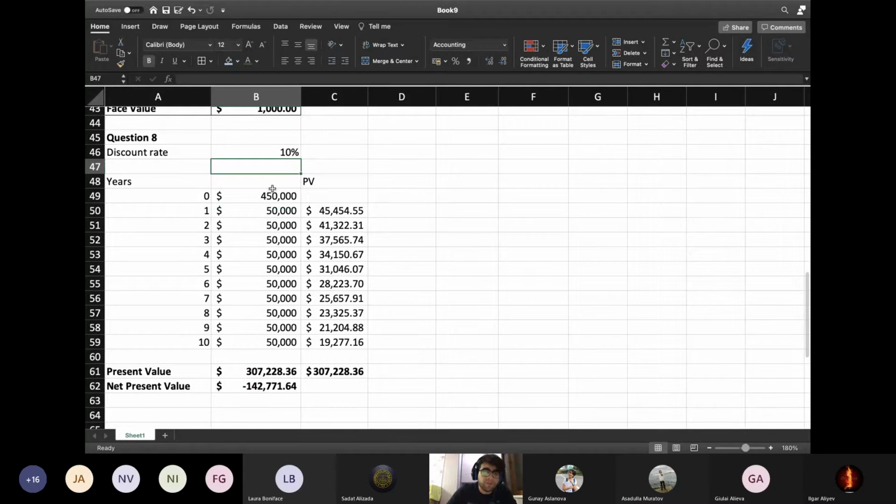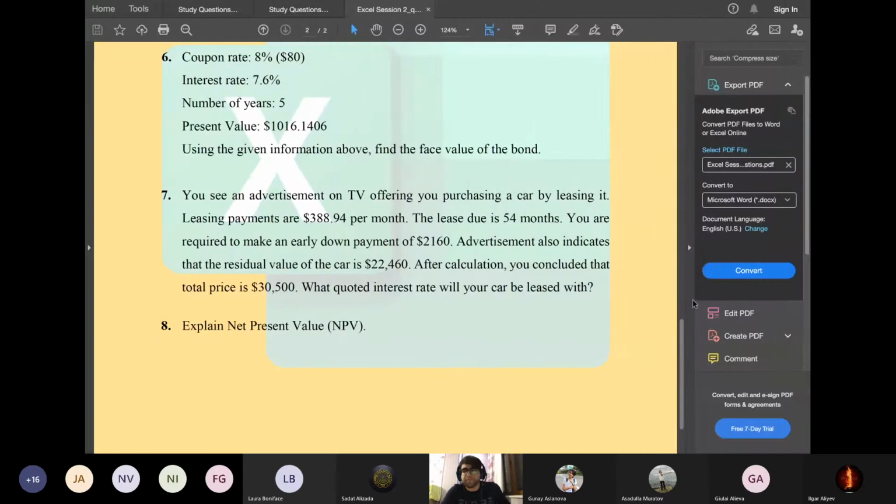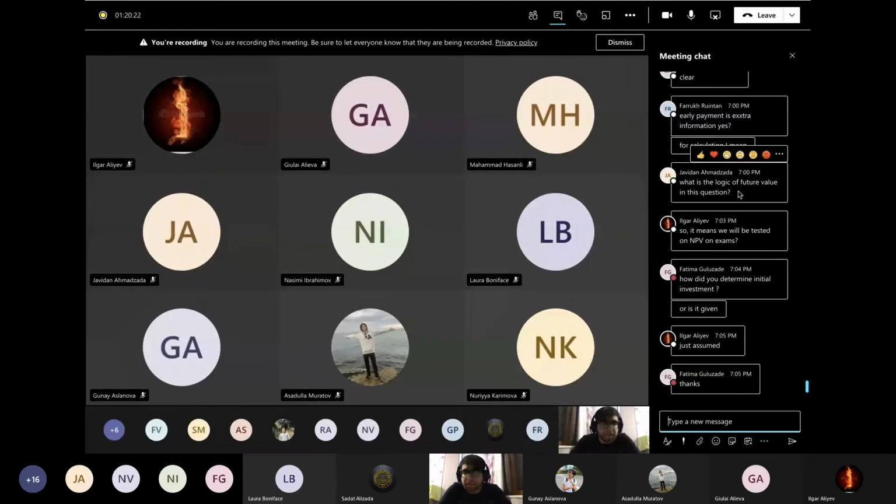But if I do 250,000, net present value is positive. So it means it